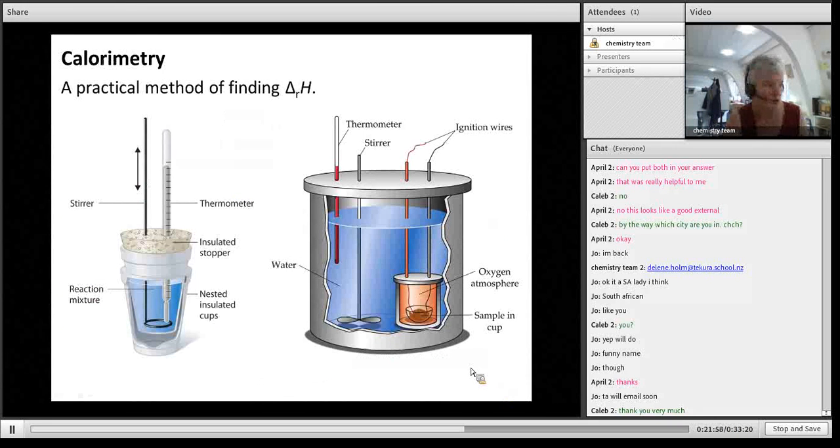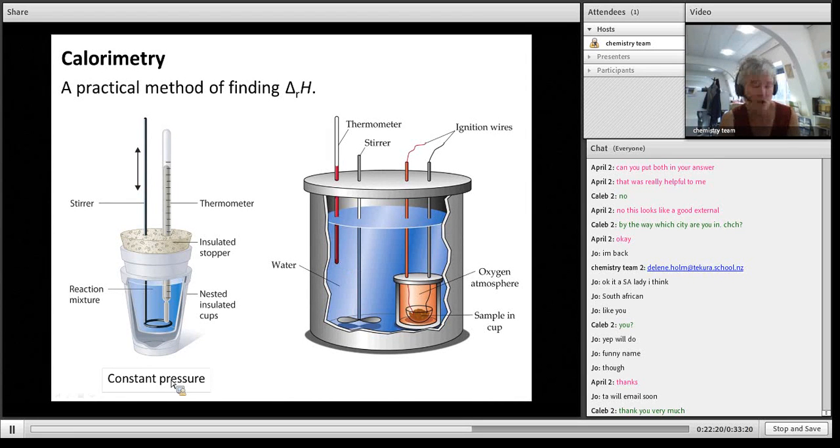So let's move on now to calorimetry. This is where we measure, where did we get this delta H vap? Where did we get the delta H fusion and so on? We do it with either what we call a coffee cup calorimeter or a bomb calorimeter. Now, coffee cup